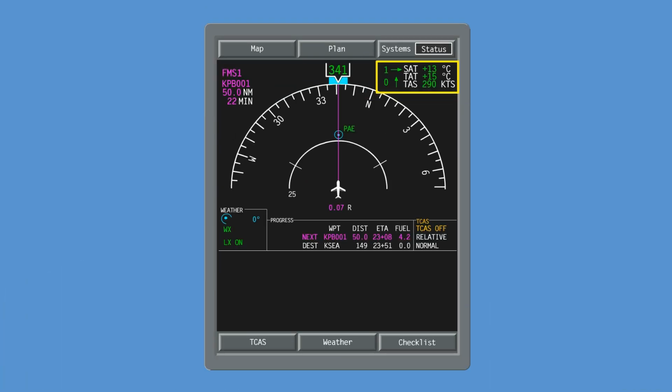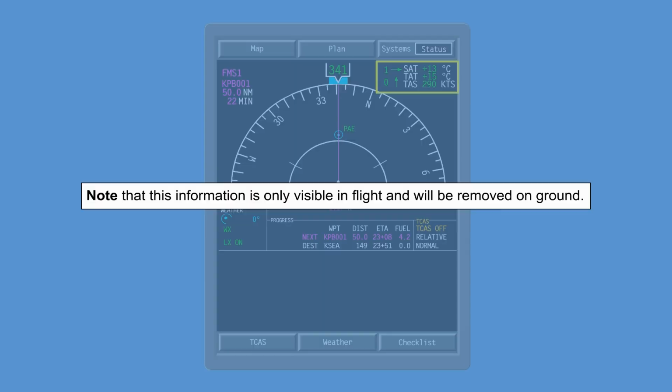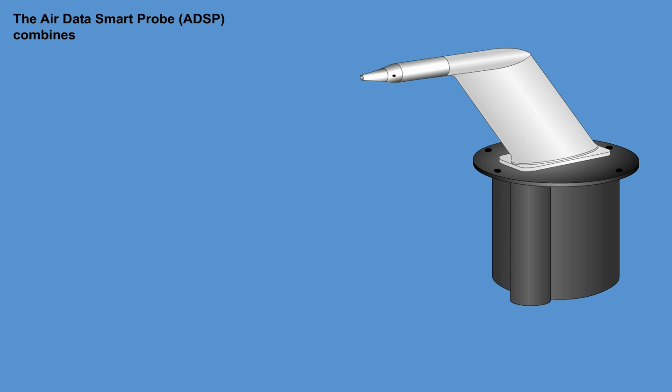Air data information is also displayed on the MFD upper right corner. Note that this information is only visible in flight and will be removed on ground. The Air Data Smart Probe, ADS-P, combines pitot, static, angle of attack, and some air data computer functions into a